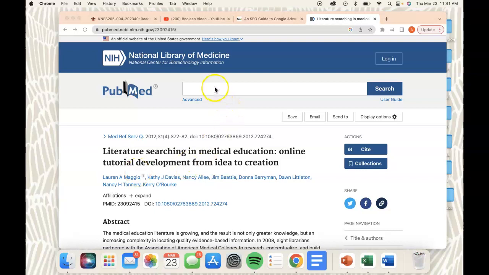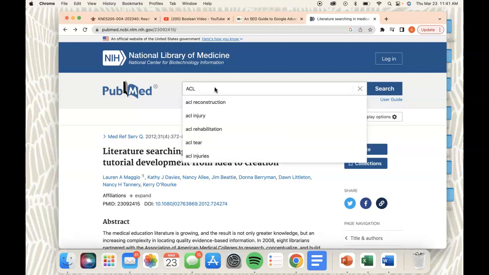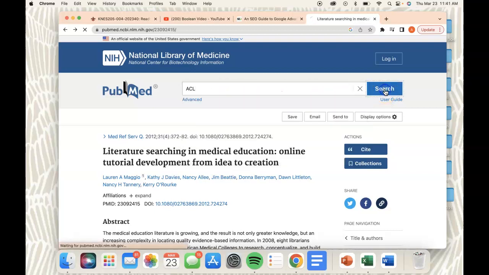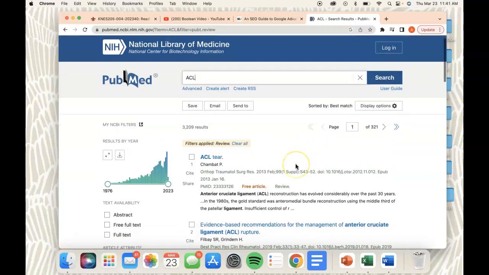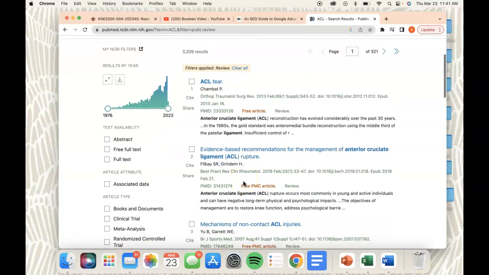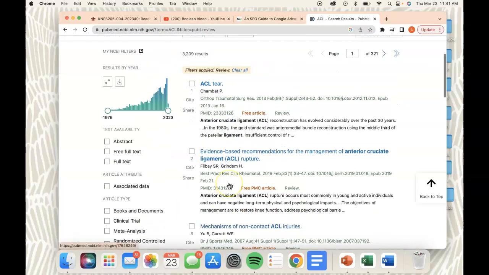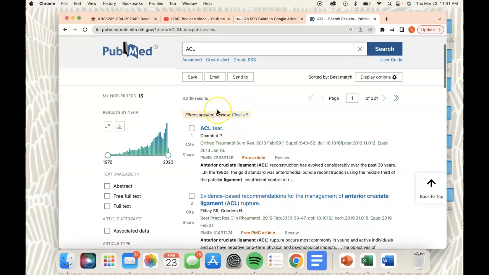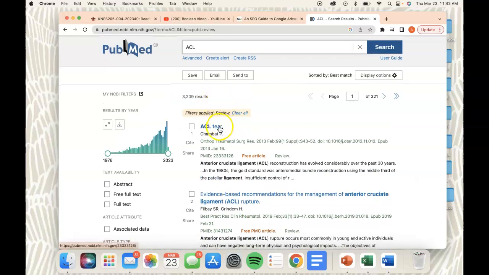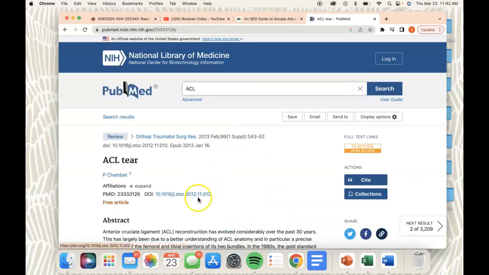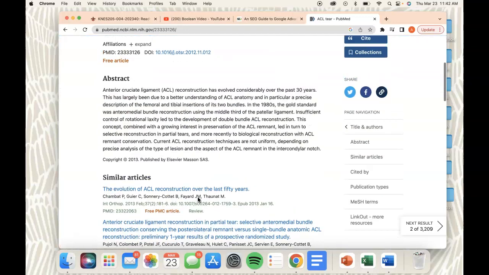So today I'm going to be using PubLab to show 3 different types of different things that we can use. So I'm going to use ACL, again like I did for my other video, and I'm going to press search. And so I have it set for review, so they're peer reviewed. And so after I do this, I now have multiple things to choose from, but here's the first article that